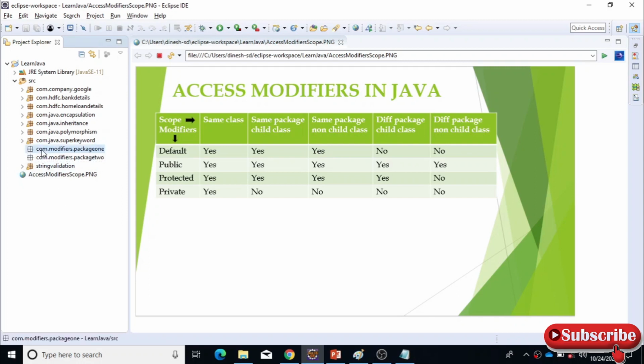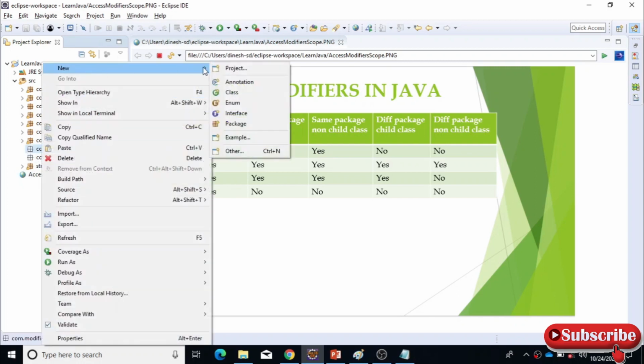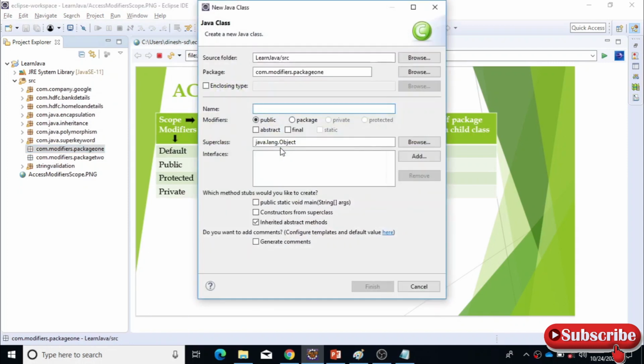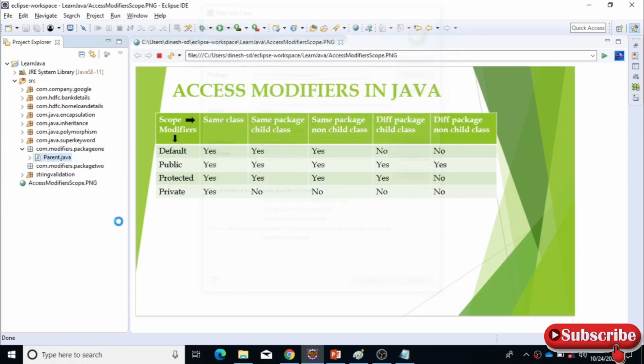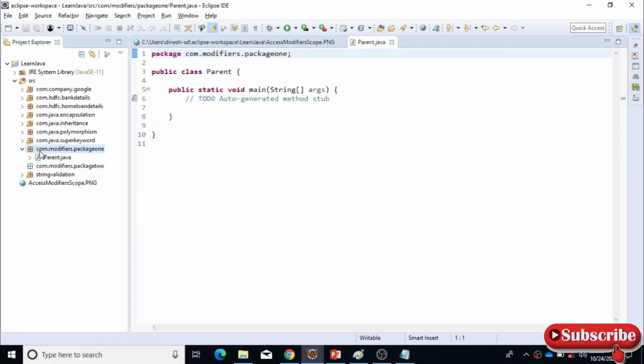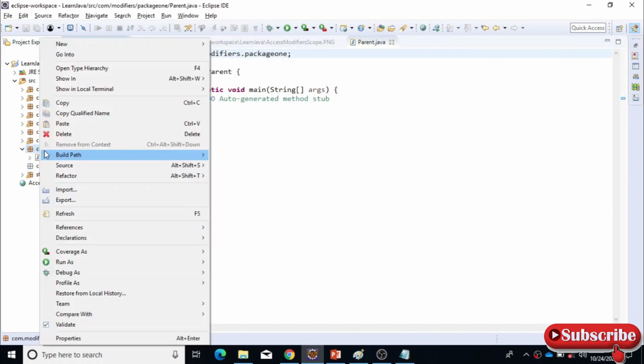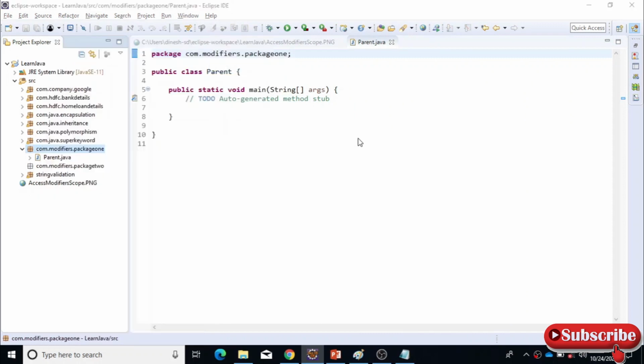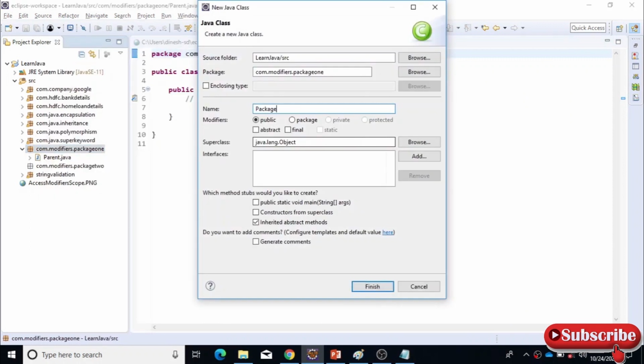Let me create a class here now, and I will name it parent. And I will create another class, and we will name it package one child.